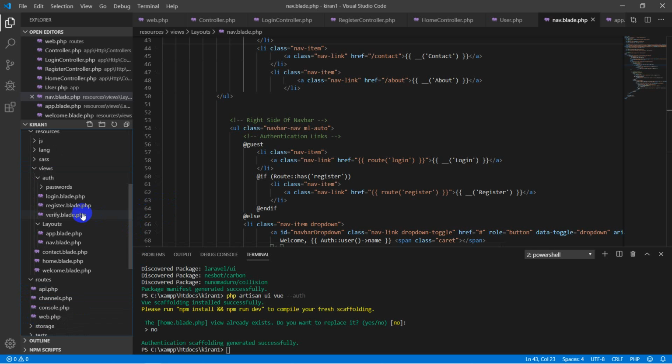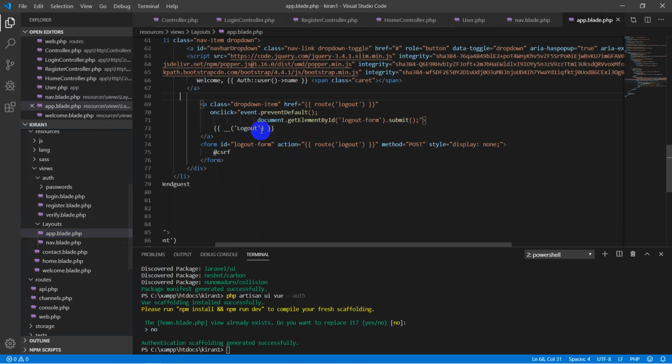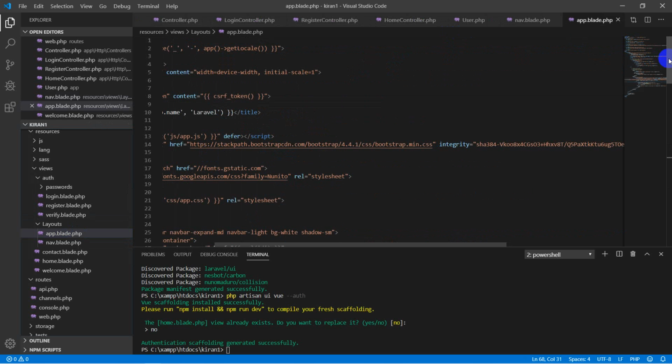Basically these layout files are used by all blade files, such as app and nav.blade.php, where I have put the navigation and footer bar for this application, and the output of this program is seen on the browser.